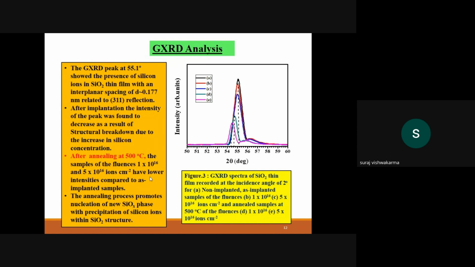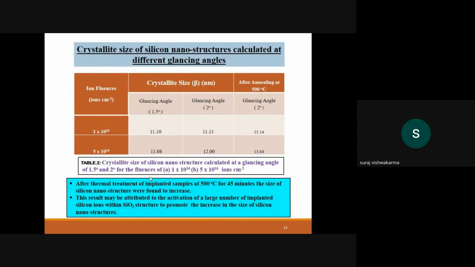So there may be some kind of stress developed inside because of the interplanar spacing and the inclusion of new ions inside. The development of clustering has happened. This is what we reveal from this data, or graph, and then we have calculated